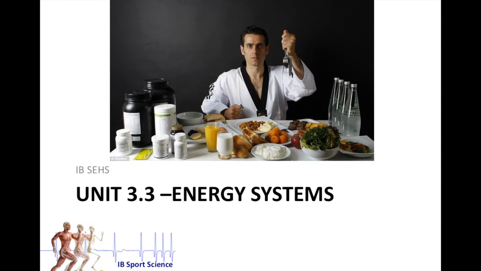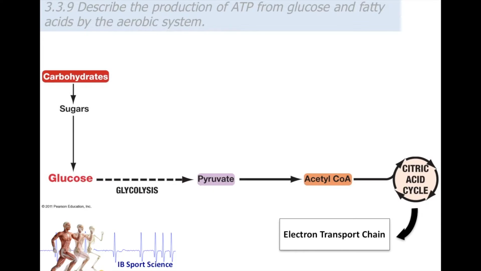So far when we've been talking about the energy systems, we've always been assuming that our initial fuel is glucose or carbohydrate. And this isn't always the case, as we know we can get fuel from different macronutrients in our body, such as fatty acids and fats, or indeed proteins. Now, most of the time proteins are not used very much for providing fuel. They have lots of other jobs in the body, and there's not really any large stores of proteins in the body. When they're ingested, they tend to get used up and metabolized very quickly.